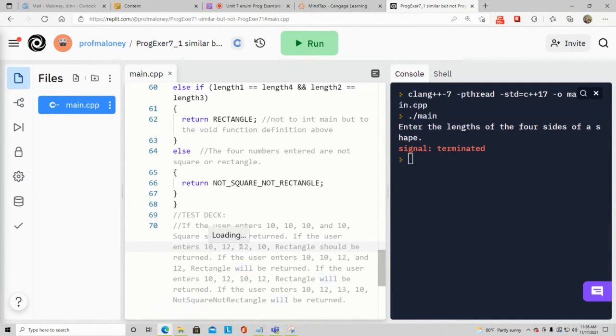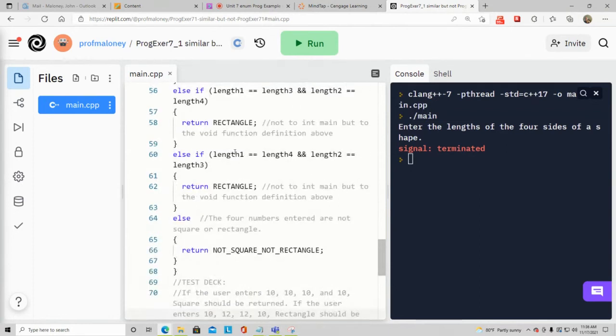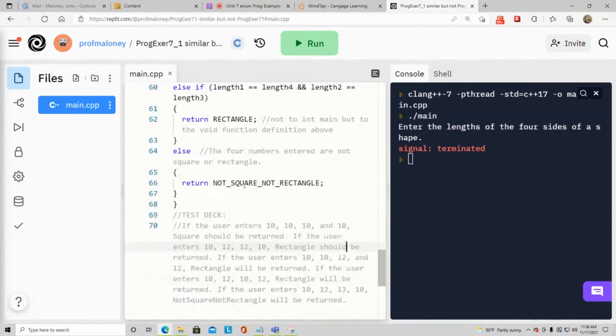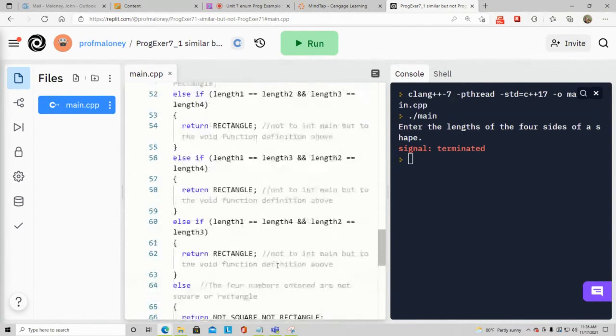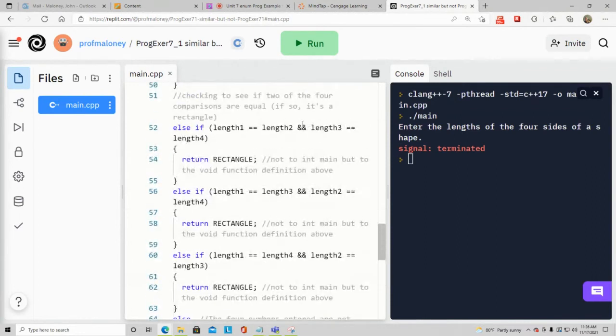Because that would be number 1 equaling number 4, and here number 2 equaling number 3. So 1 equals 4, 2 equals 3. Go up here: 1 equals 4, 2 equals 3. That's this one in line 60. Okay. And then if the user enters 10, 10, 12, 12, same thing, but here, so 1, 2, and 3,